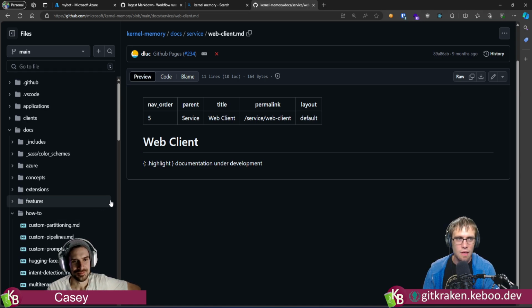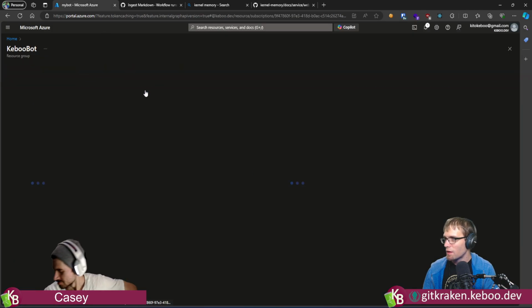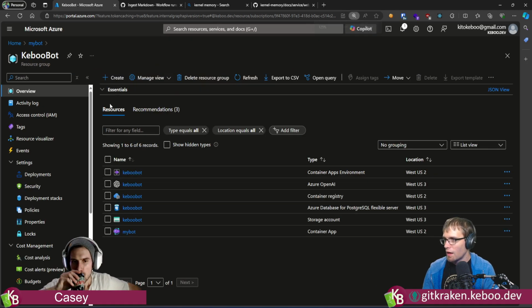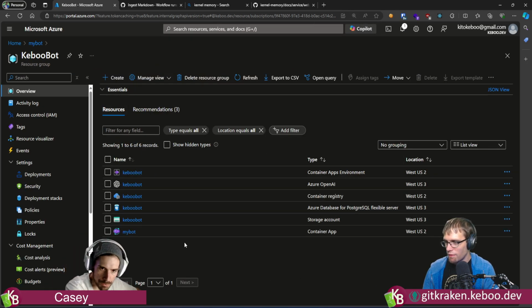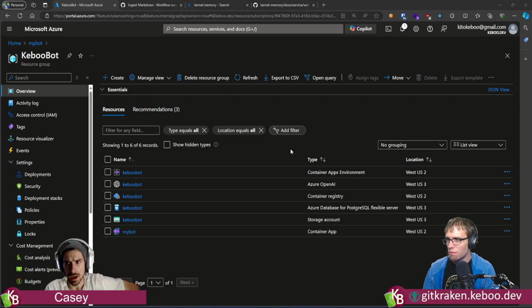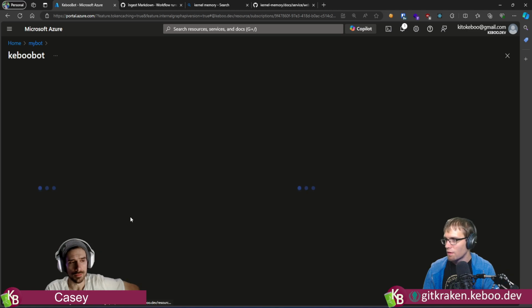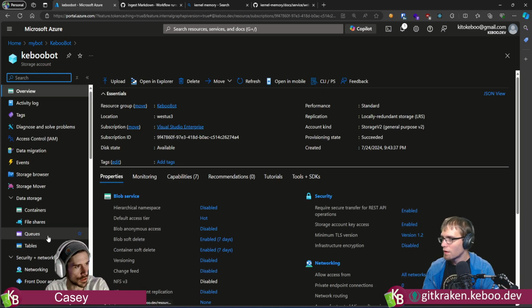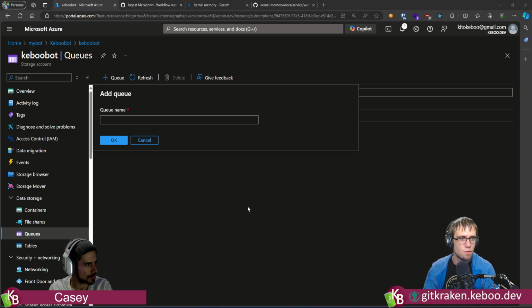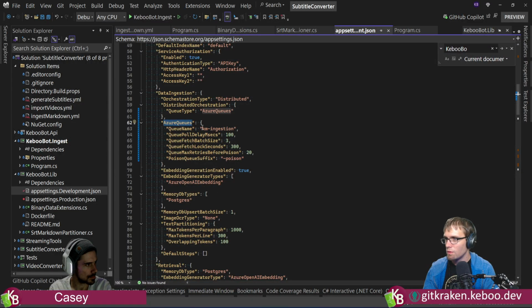So, bleeding edge is the name of the game. That it is. Okay, so let's go here. I'm going to go into my resource group, and I'm going to make this a little bigger, because we have a whole bunch of stuff. Now, can I get away with a storage account queue? I would assume when they support Azure queues, you can get away with a storage account queue. And I assume I have to make it. So let's go back here and do this.